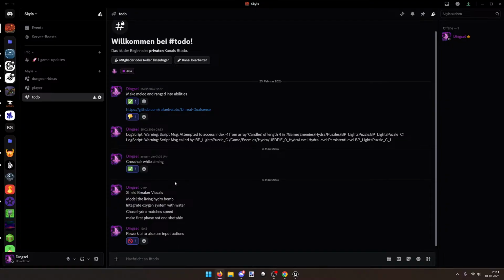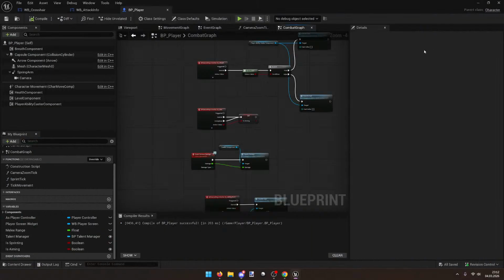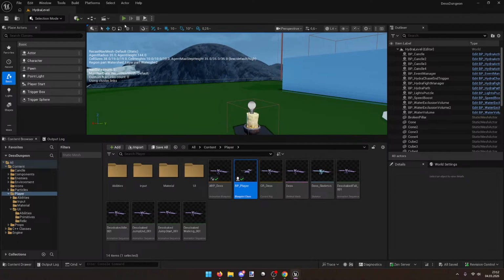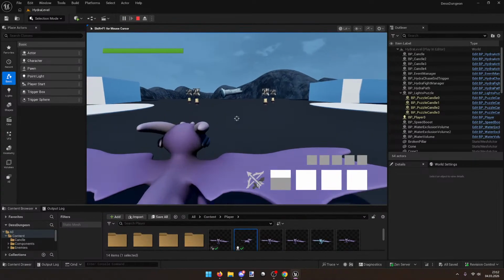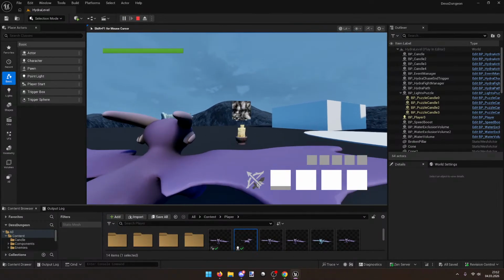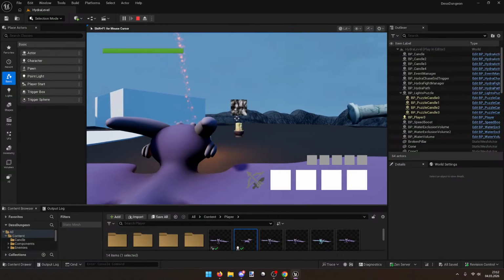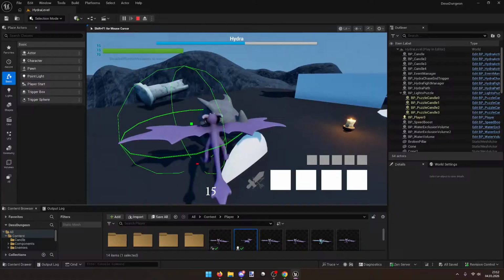I'd say make first phase not one-shottable. I think that's a nice thing to do. Because if you remember, if we just do this, ooh. Right, so you can,